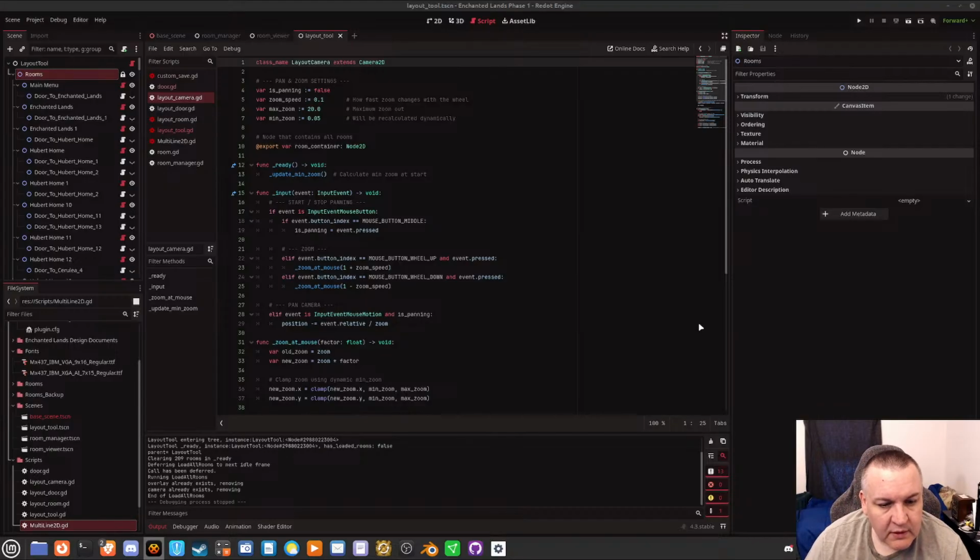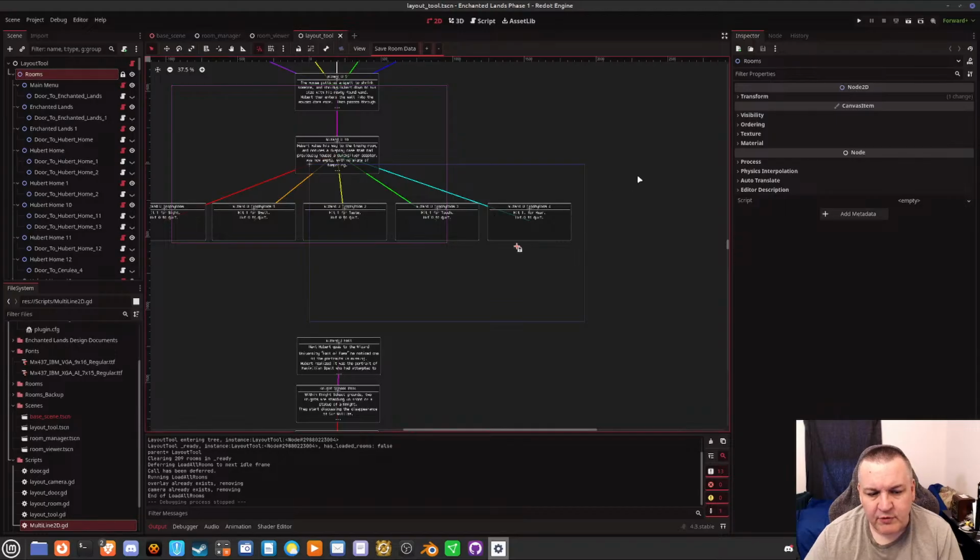Because I want to stop using the editor for making new rooms and stuff. I want a proper tool so that I can just run it instead, and I don't have any of the weirdness of the tool scripts, because there's a bunch of weirdness with tool scripts. Things run and I have all kinds of weird errors and stuff, especially when I'm adding and removing to and from the scene tree. Probably once I do it, I won't add these rooms to the scene tree at all, and that way I won't have a bunch of crap underneath it, because I won't need to do that.